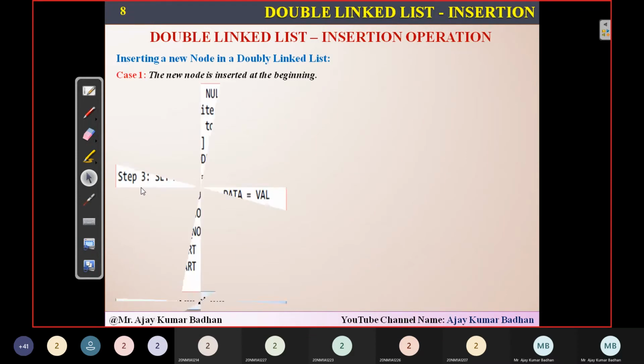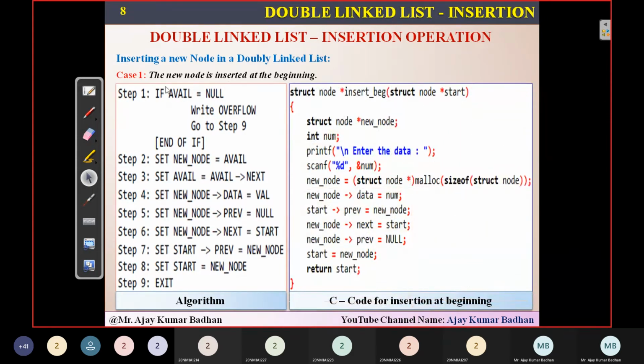So this is the code for that. So I think the first statement, the step one in the algorithm, what we are saying is we are trying to find out whether we are having available memory or not. In case we don't have a memory for allocation or performing operations, then we cannot. We can say that is the overflow. If you don't have a memory to create a new node, how can you create a new node? It's not possible. For that, we are writing this statement overflow. And then the remaining process is same as your linked list.